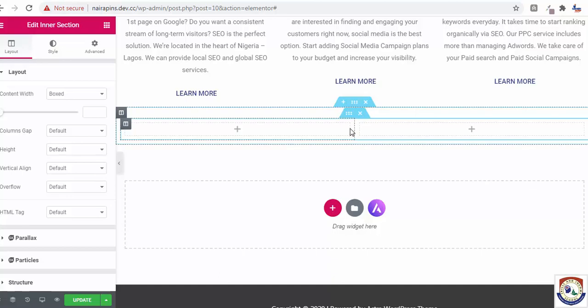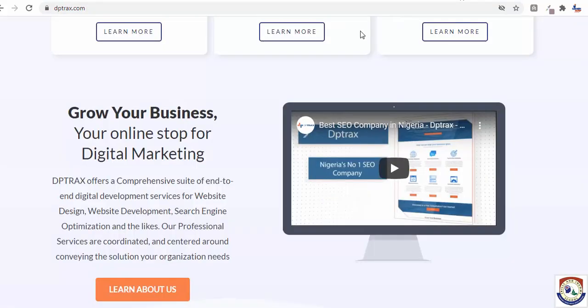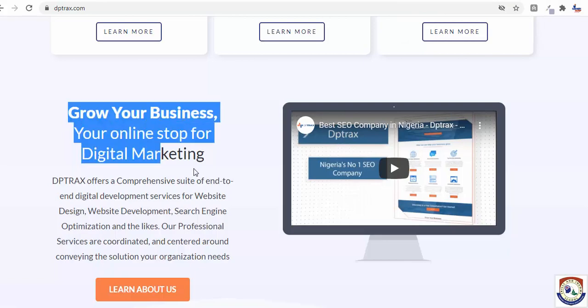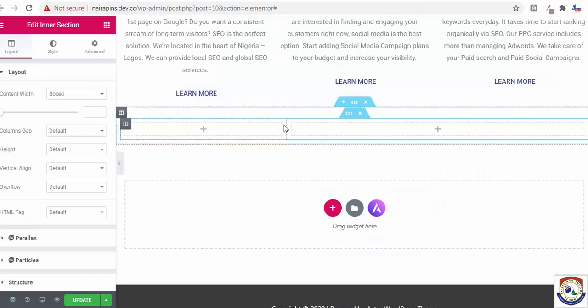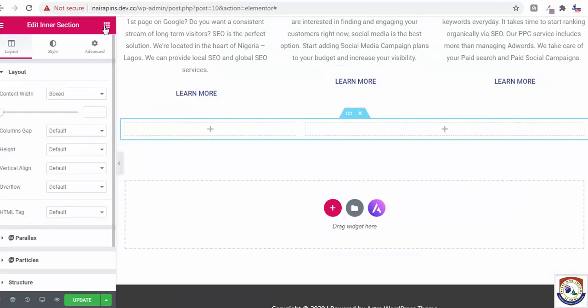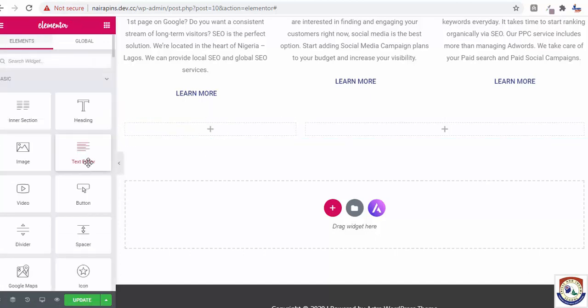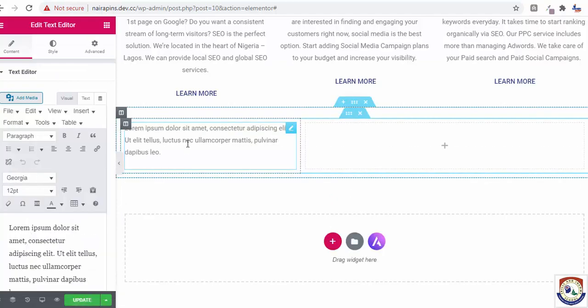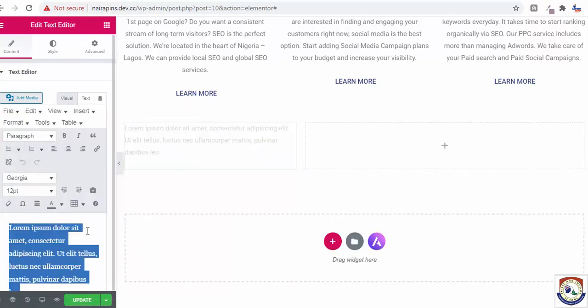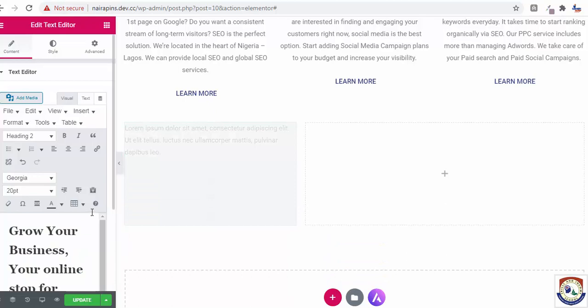So can you see? And you can now shift this like this. You can shift this, and you can see this one has small space, this one has large space. And we can just do this as a content. Control C. So we can just make it like this. So you can drop content here. Okay, so we click on text editor, you drop content here. So you drop the content here, that is it.